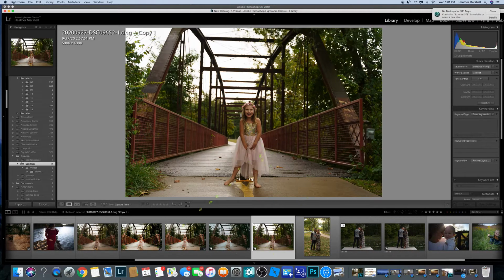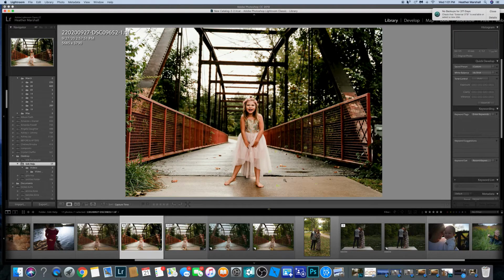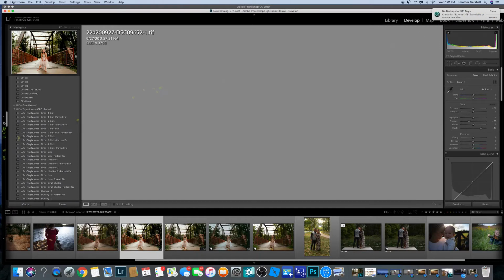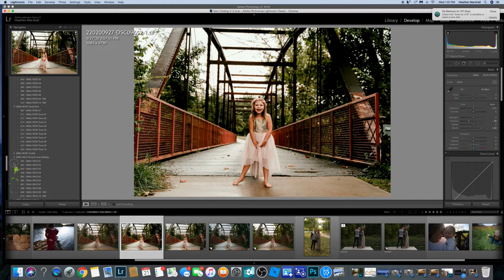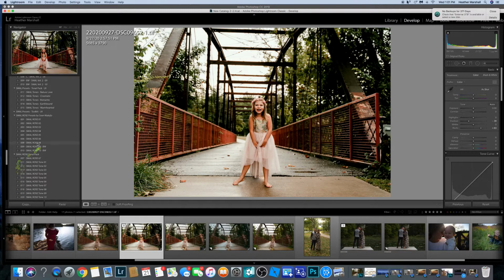Okay, so I took this image and turned it into this image, and I used Rows 6 from the small pack, Rows 3 or 6, and then I took off the grain and tweaked it a little bit. Then I took it